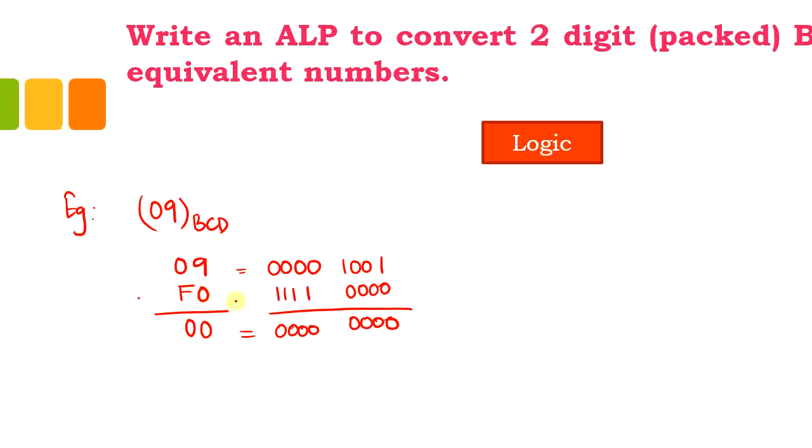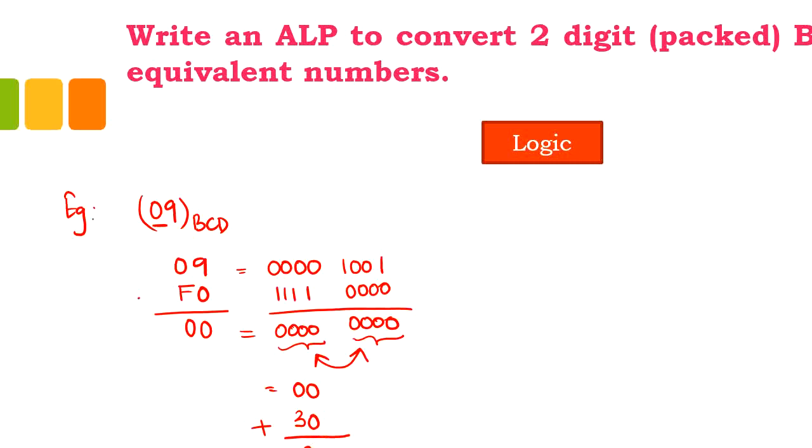So next I need to perform the swap operation. That is because I have considered basically only this number which I want to be masked. So that is why I need to perform the swapping of this. When I perform the swapping, the higher nibble and lower nibble will get interchanged, and in this case the result will be the same. It will be equal to 0, 0. So after this, all I need to do is add 30 to this, and the result that I will obtain is